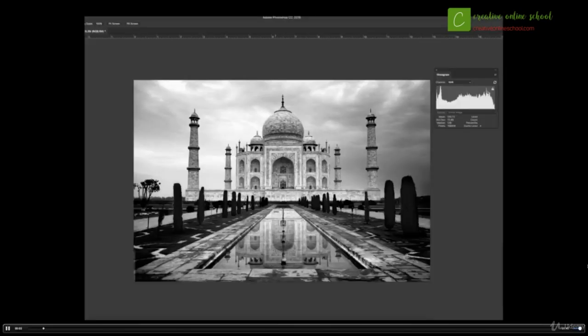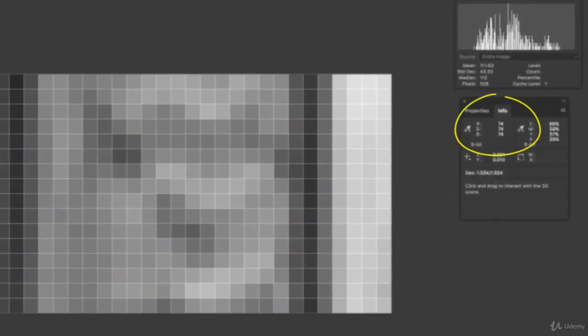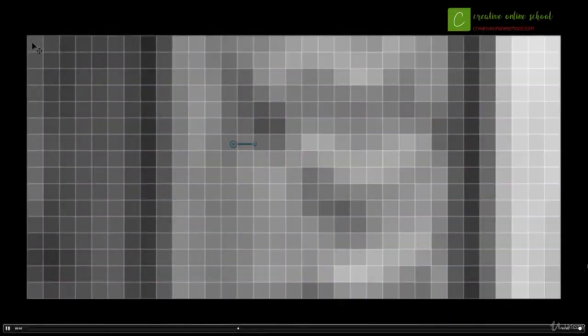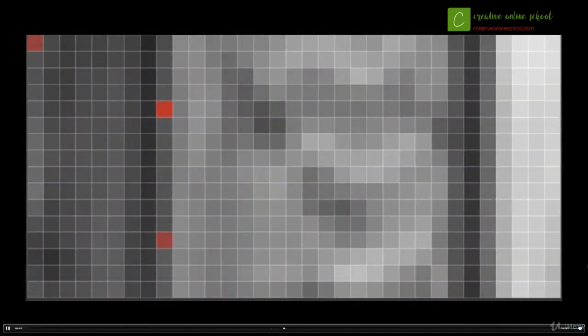Let's see if we can make more sense of it looking at this black and white photo. We're going to zoom in really far until we just get pixels. And once we have those pixels up, you can see we have different shades of dark to light. If I hover over each one of those pixels, you can see in the information tab what that value is. And that's going to be a value from 0 to 255, again, from black to white. So I take the first pixel here, and that has a value of 77, and I take all the pixels that have a value of 77, which there are 3 in this particular photo,